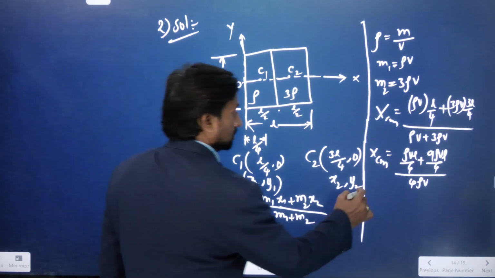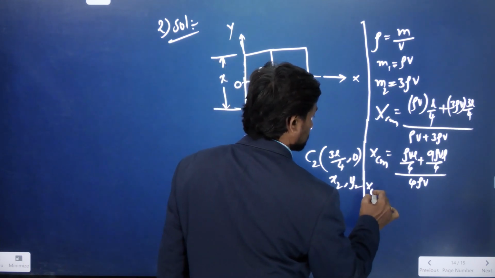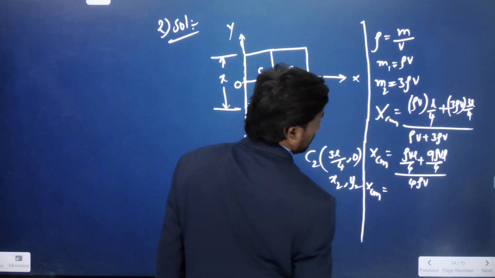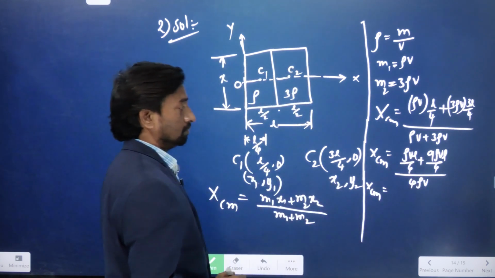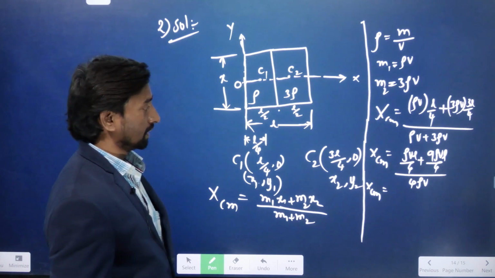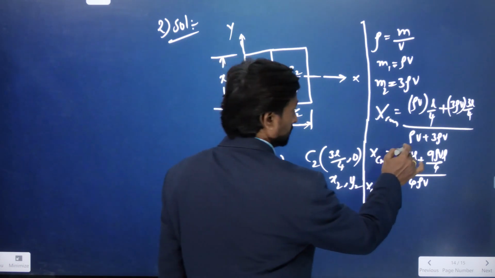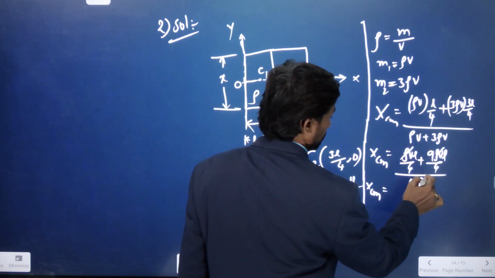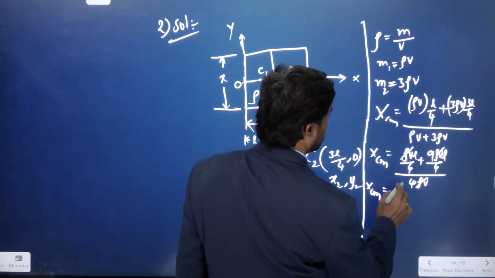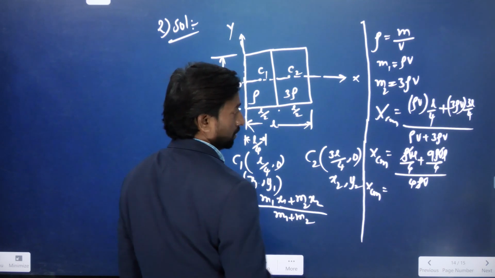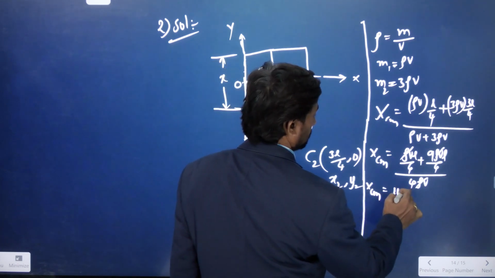Okay. So now x_cm is equal to, from 4 rho v is common in all the terms. So rho v we can take and cancel. See here rho v is there and rho v is there, and we can cancel them. So we will get L by 4 plus 9L by 4. We will get 10L by 4,